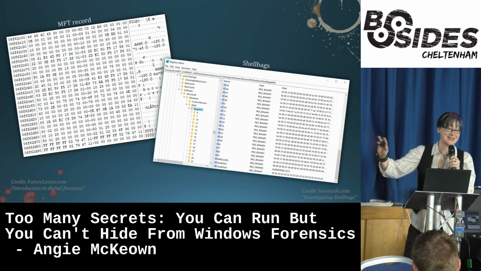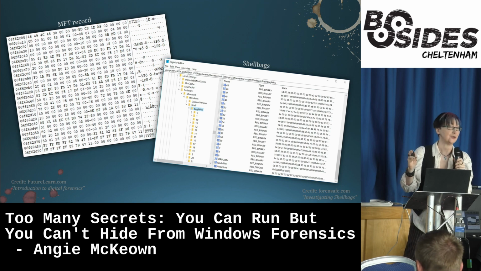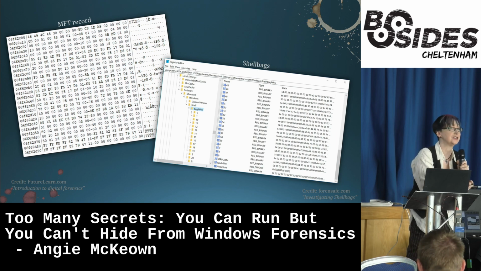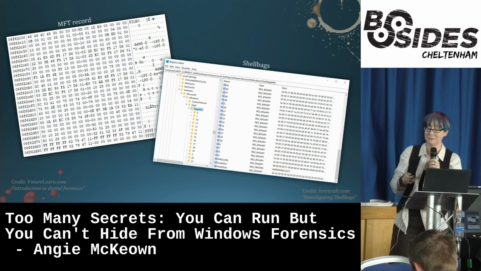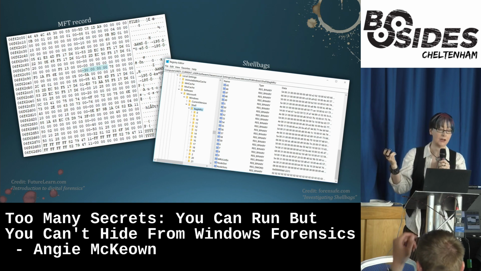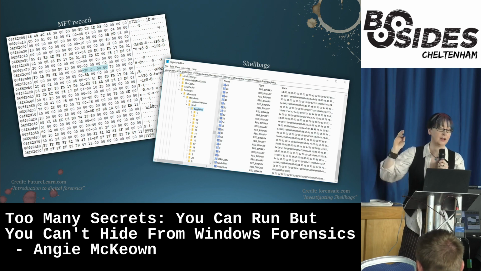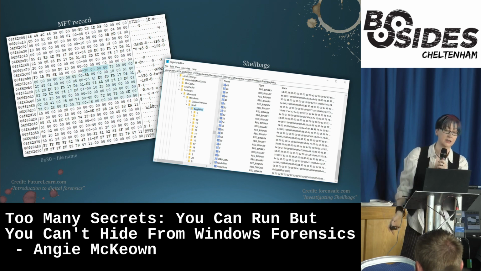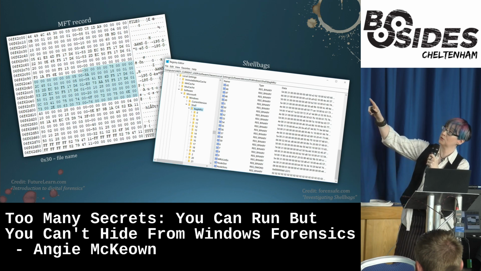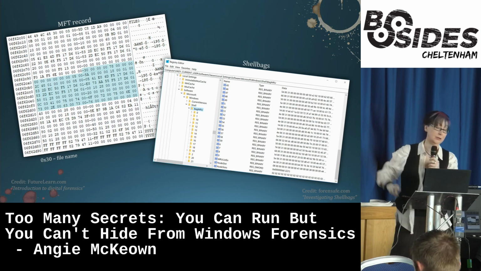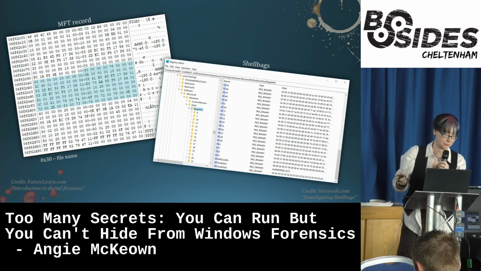We're not going to dwell on this. This is just an example of why you don't want to do the manual work on the stuff yourself. We had this in the masters. They sent us out printouts, and you had to actually go in and do it by hand. It was miserable. But this is an example of the MFT, for example. And it is all in hexadecimal, but different parts of it show the structure of the next bit. So the bit that starts with 0x30 is always going to be the file name. So this whole section is the file name. So you can go in character by character and work out what the file name is. But using tools is better.